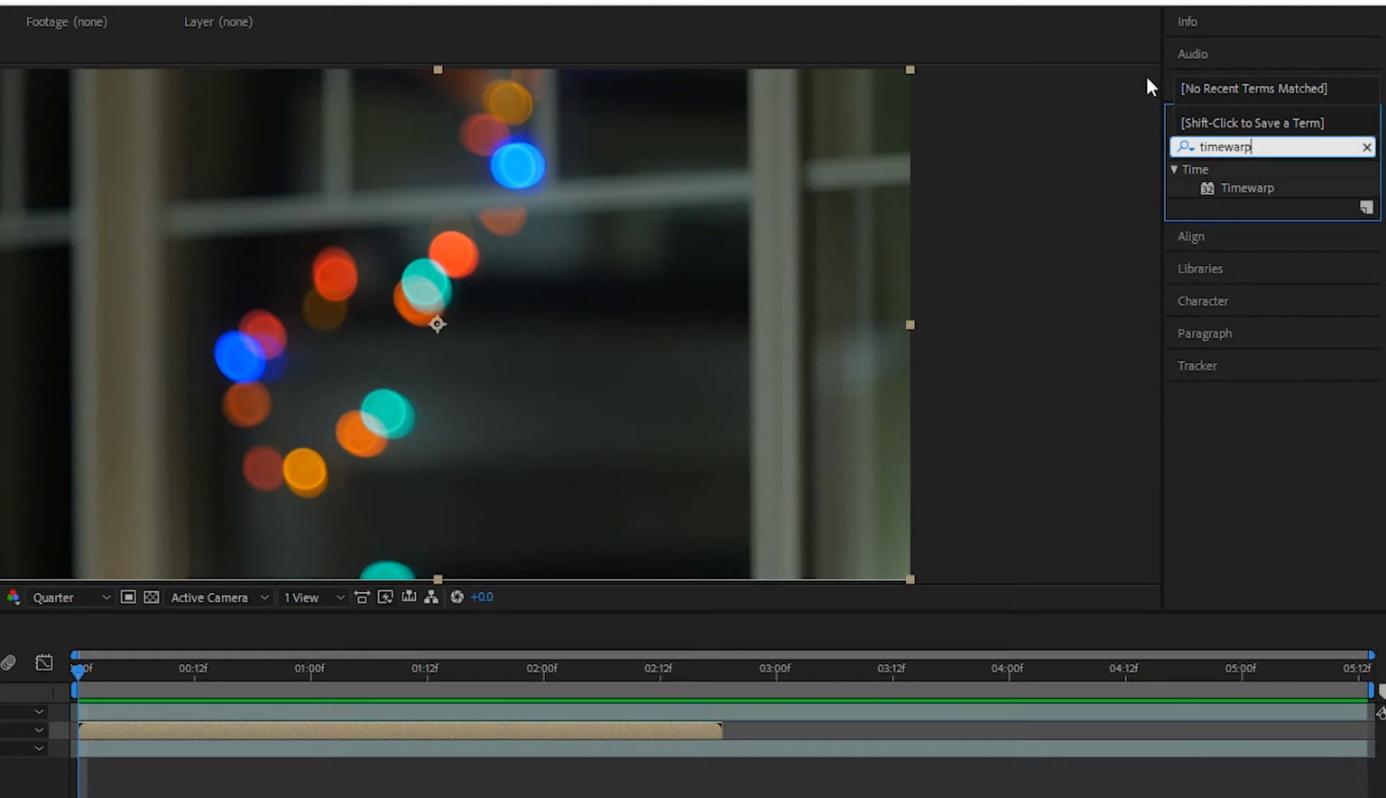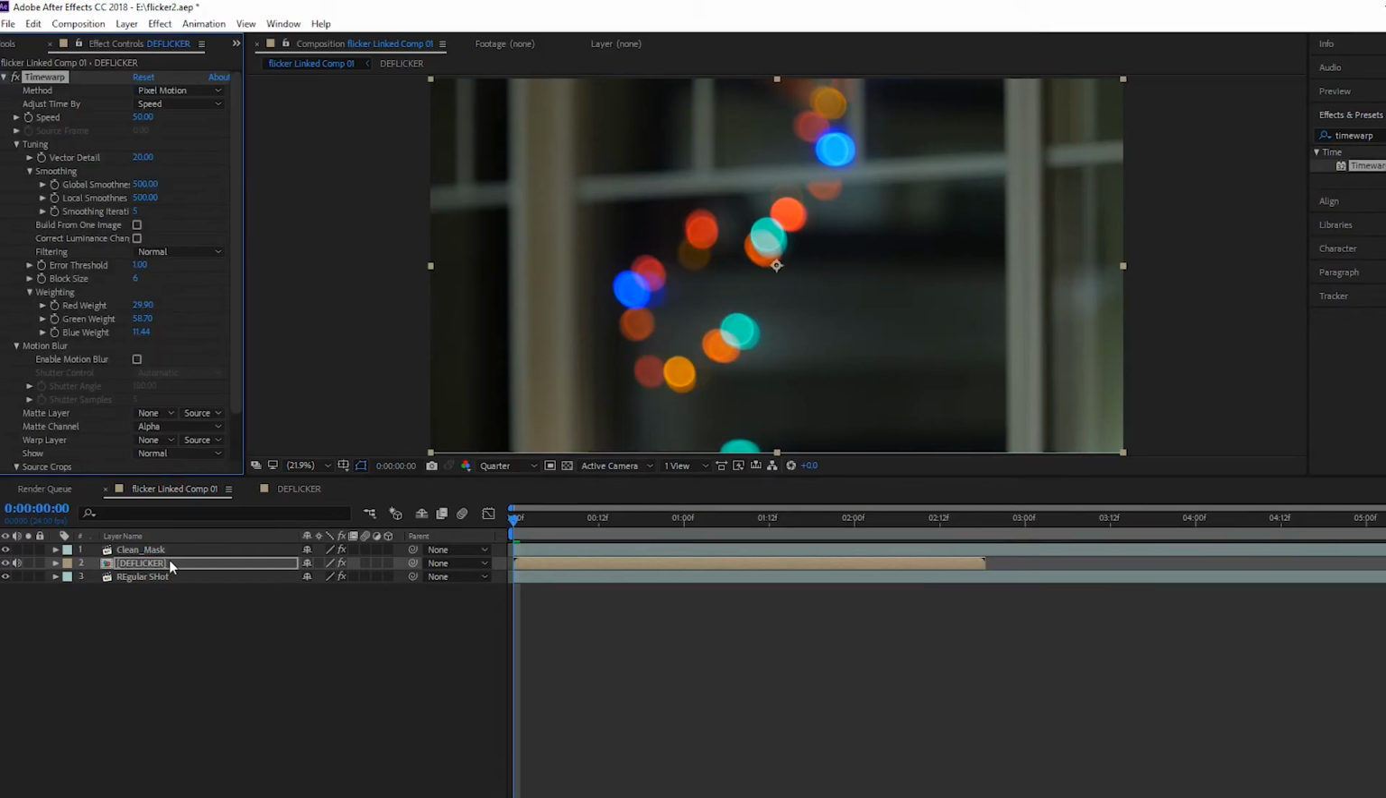We're just going to type in time warp, and we're going to find this effect called time warp under the time category. We're going to stick that right on de-flicker. So all we did was just put the effect time warp on the de-flicker. And now the